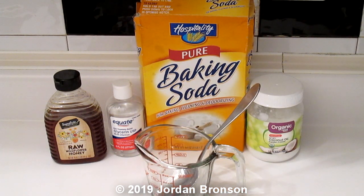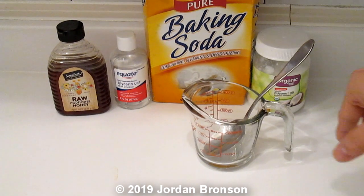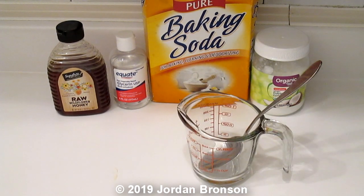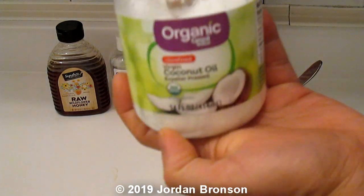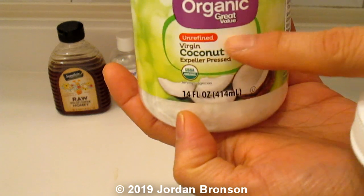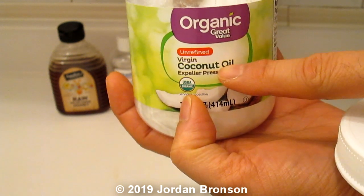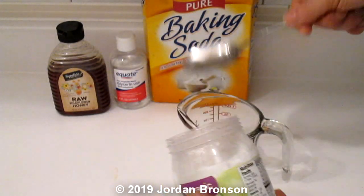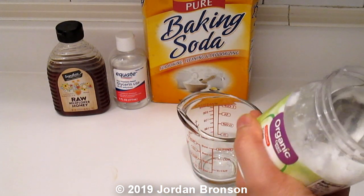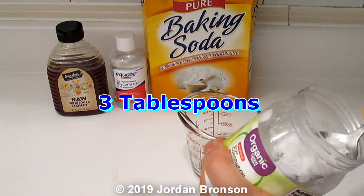So now I'm going to give you the formula, and it's very easy. Okay, I'm going to go down a little bit. All you need is a mixing bowl, and then the coconut comes something like this right here. That's the coconut oil, and it has to be 100% organic, okay? And it has to be virgin or unrefined, because we don't want anything extra in our toothpaste. So this formula here is a 3-to-1 ratio, meaning 3